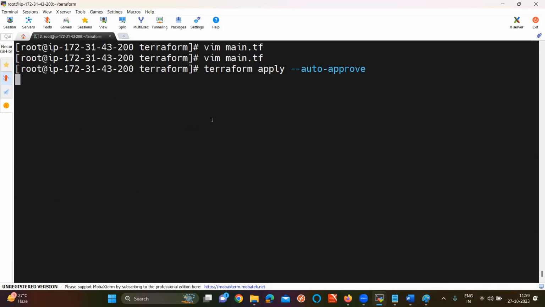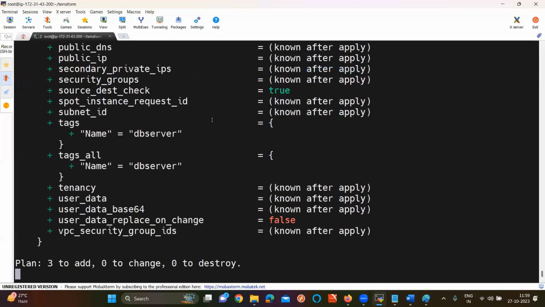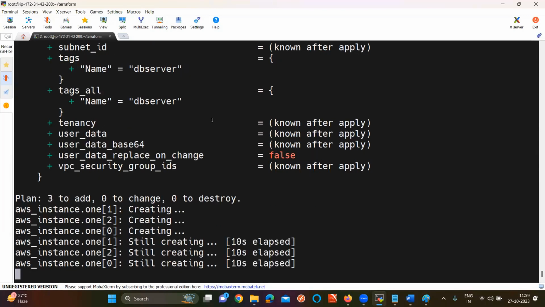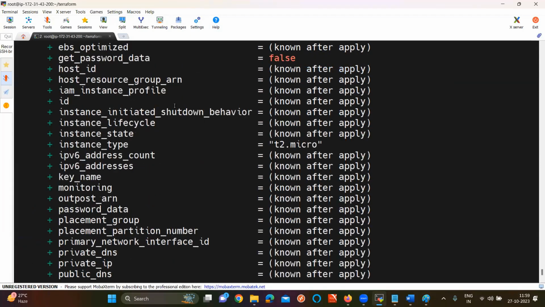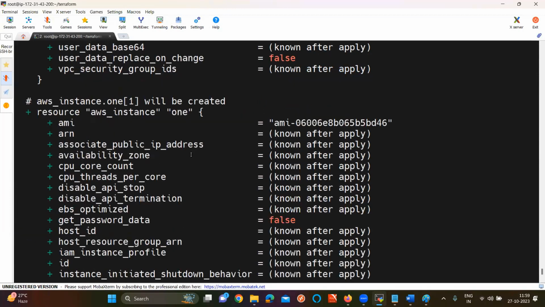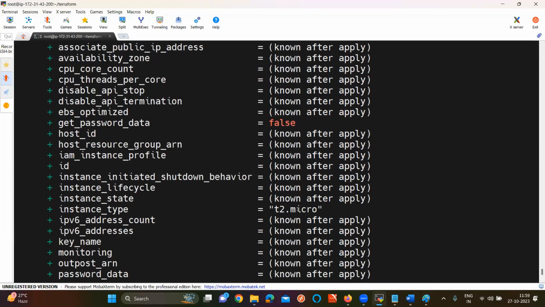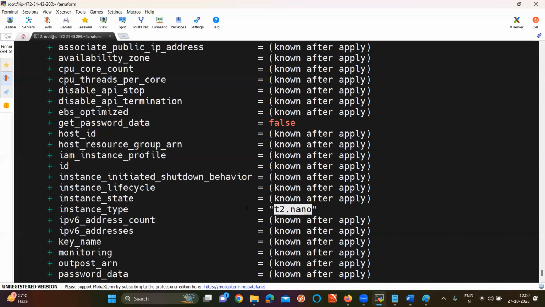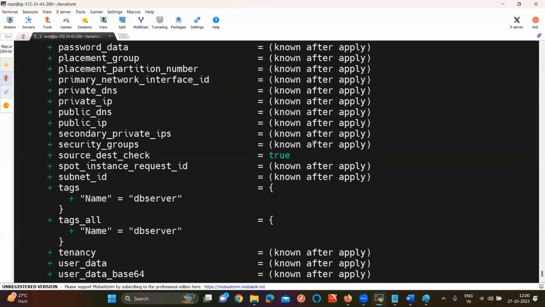Alright, Terraform apply. So now web server T2 medium, app server T2 large, database server T2 nano. And one more thing, it is AP South. That means all instance types might not be supported. If T2 nano will not support, I'll go for T2 micro like that. But let's check whether it is going to support or not. See here, if you go and see now, you can get it very clearly. First, you are going to create web server. For web server, which instance type? T2 medium. Next, you are getting T2 micro for which server? App server. Next, you are getting T2 nano for database server. Perfectly, it is mapping or not, sir?